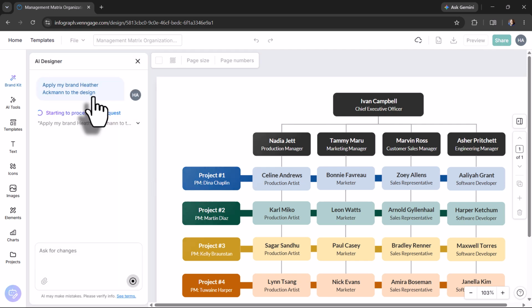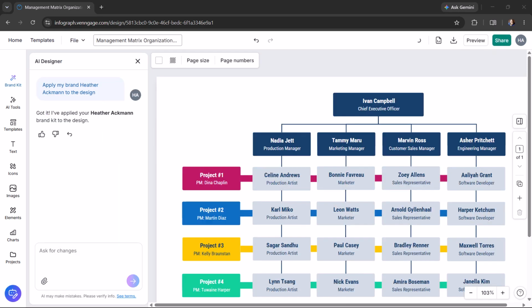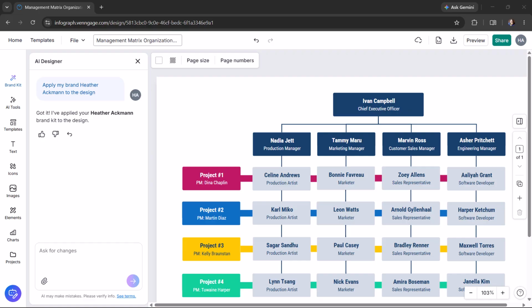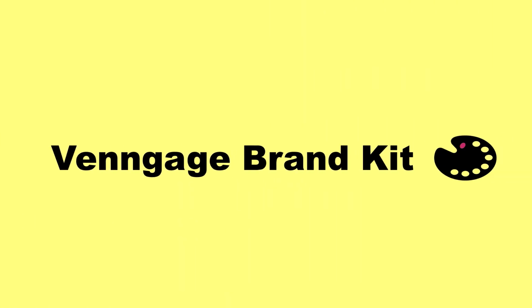Brand colors can make a design feel polished, consistent, and professional. But if those colors are hard to read, the design can look beautiful and still fail the people who need to use it. In this video, we'll use Brand Kit in Venngage to create and apply brand colors and fonts